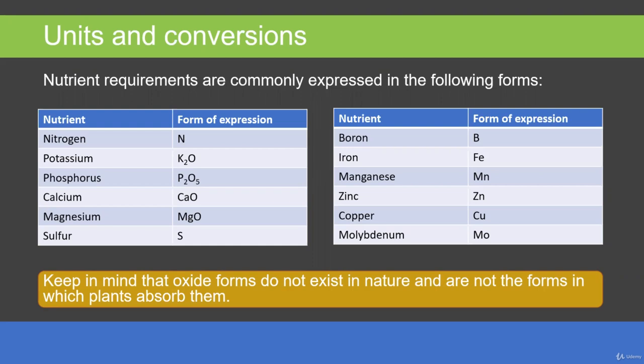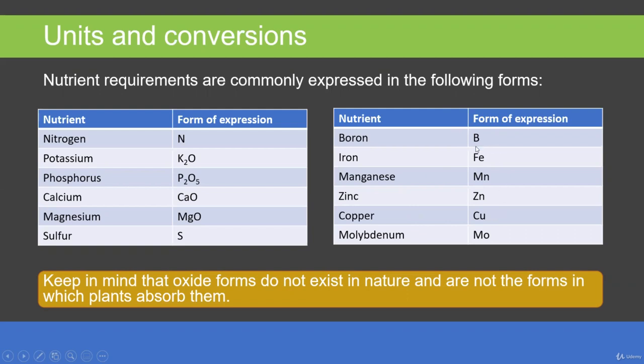Nutrient requirements are commonly expressed in the following forms. Nitrogen, usually expressed as N. I will explain that. Potassium as K2O, when we talk about recommendations for soil or nutrient requirements for crops in soil. Phosphorus as P2O5, calcium as calcium oxide, magnesium as magnesium oxide, sulfur usually as elemental sulfur, sometimes as a sulfate as well, boron as B, so all the micronutrients in their